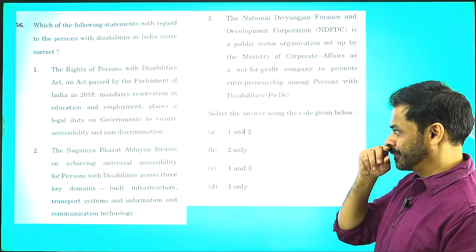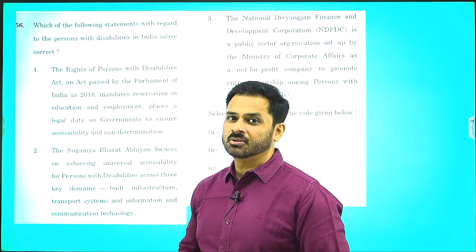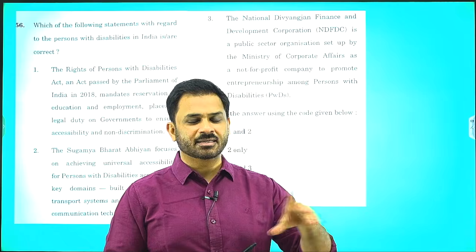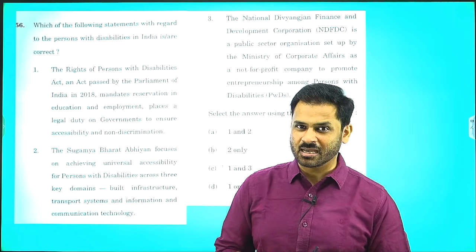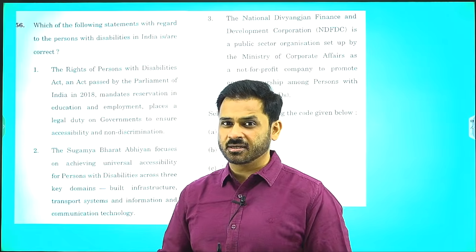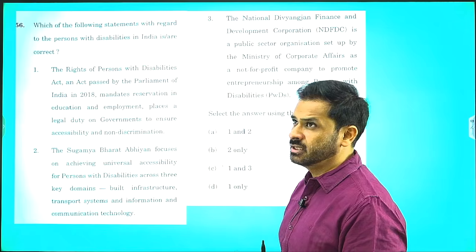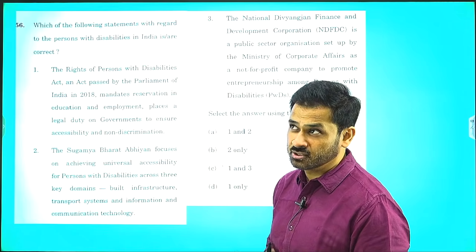Next one is the Persons with Disabilities Act. Okay, so you see in the trend, one more thing is there are certain questions on weaker sections always there in the exam. Every year they will have something related to tribals or people with disability. Welfare-oriented questions are there. Welfare is one area we need to prepare properly, because there are 2-3 questions in prelims, right? One particular area you prepare, you get 2-3 questions correct.